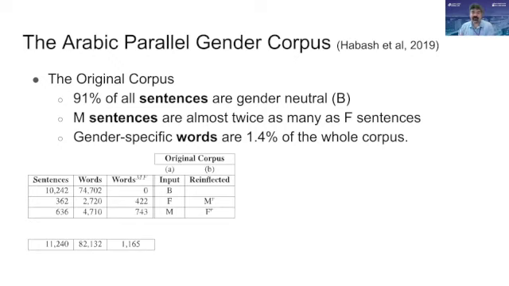I mean, this is subtitles from movies. Yes, there's maybe more male characters in movies. We know about the conversations about representation of women in Hollywood. This is about Hollywood, effectively, right? Because most of these were English movies that are translated to Arabic, but it was still kind of odd. Now, 1.4% of all the specific words, as opposed to the sentences, were actually gender marked. So that's kind of interesting.